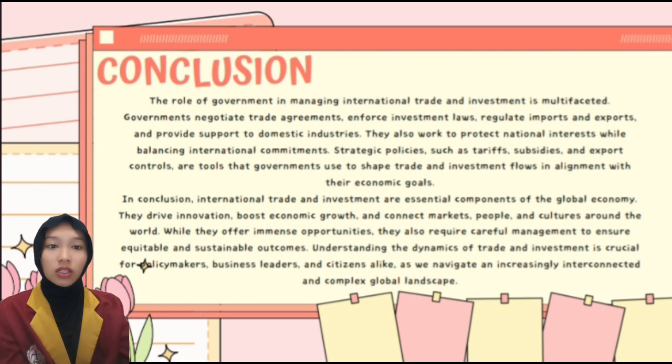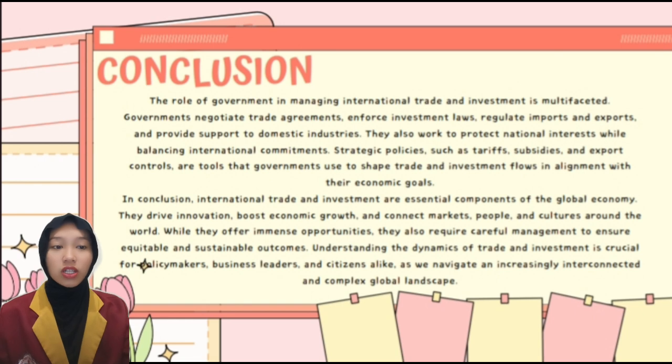Bilateral and multilateral investment treaties have been established to protect investors and encourage cross-border investment. These agreements typically include clauses on non-discrimination, fair treatment, dispute resolution mechanisms, and guarantees against expropriation without compensation. Such treaties provide a sense of security for investors and contribute to global investment flows.